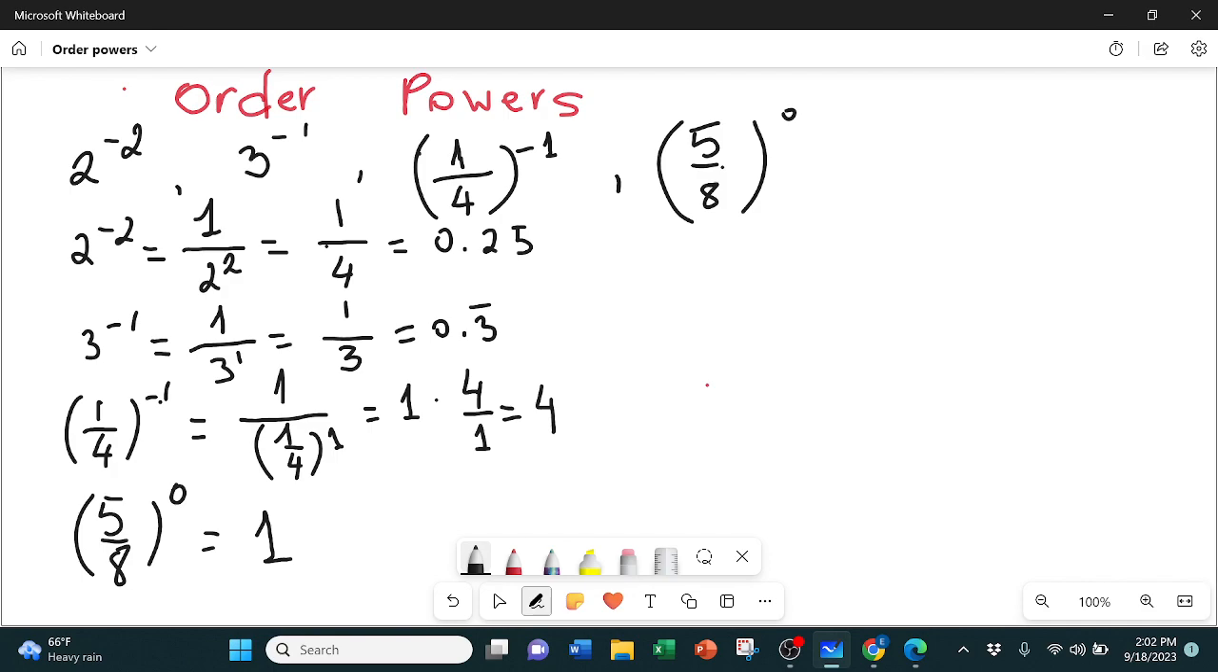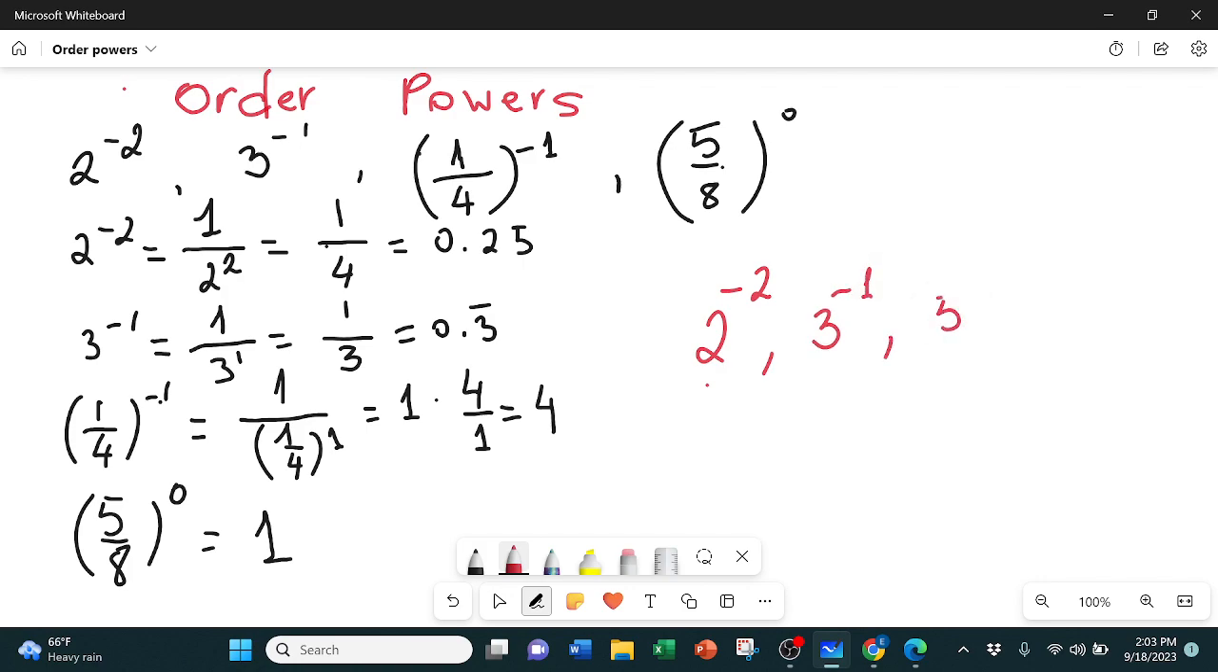first of all, 1 over 4, or 0.25, which is 2 to the power negative 2. That's the first one. The second one is 0.3 repeating, which is 3 to the power negative 1. And then we have 5 over 8 to the 0 power, which is the answer 1. And the last one is 1 over 4 to the power negative 1. And this is how we order